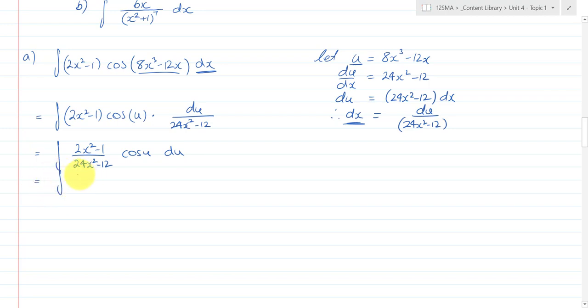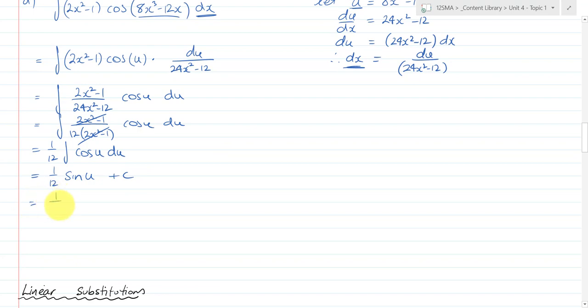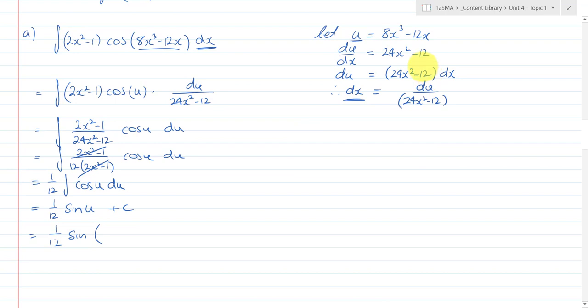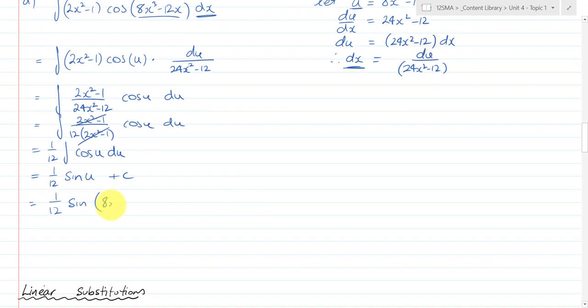So now I'm looking for that opportunity. (2x² − 1) over 12 times (2x² − 1) cos u du, and of course we now get that cancelling out, leaving us with 1 over 12 times the integral of cos u du, and that's just equal to 1 over 12 sin u plus c, and of course that's equal to 1 over 12 sin, we substituted u out for 8x³ − 12x. Don't ever forget to do this final step,